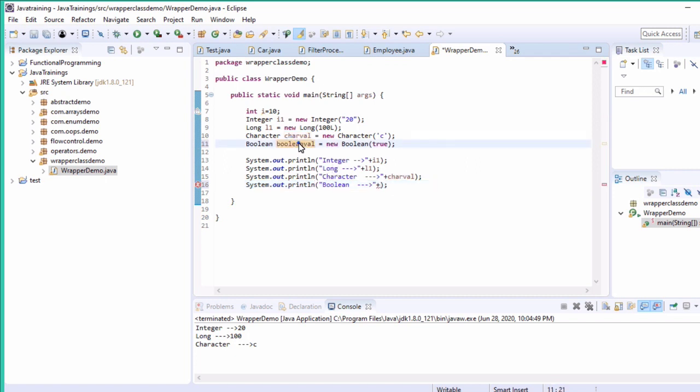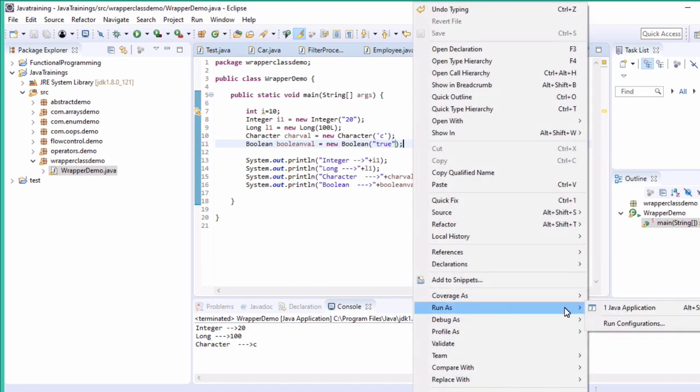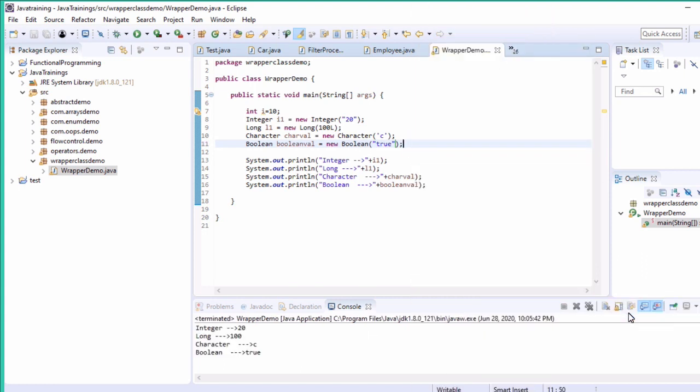So boolean will store only true or false, right? So here I am passing true. How you can pass a string, that also I will see. So we can even pass it like this. Then also it will print true. See, it's printing true. If you want to pass false, you can pass false.